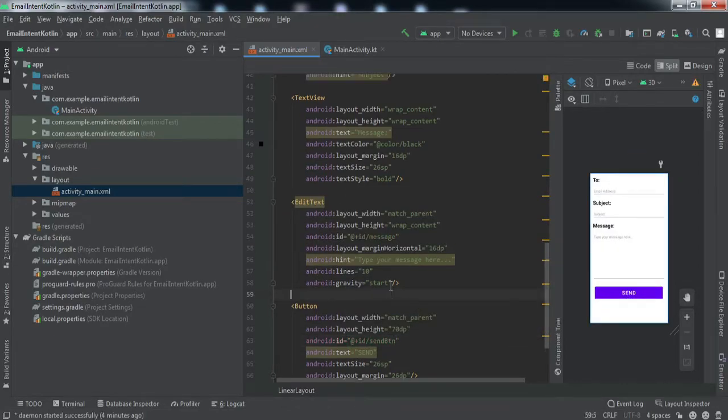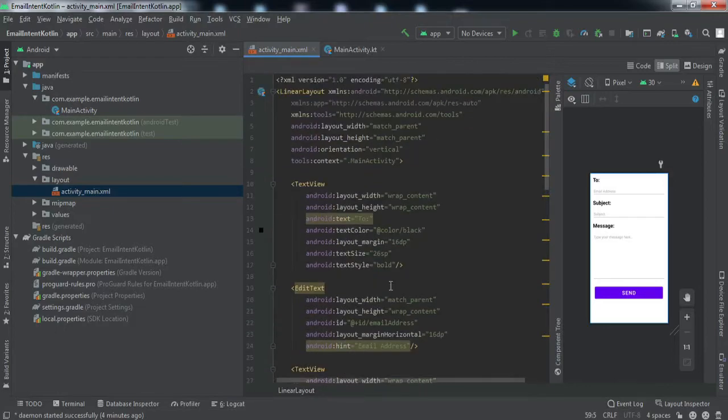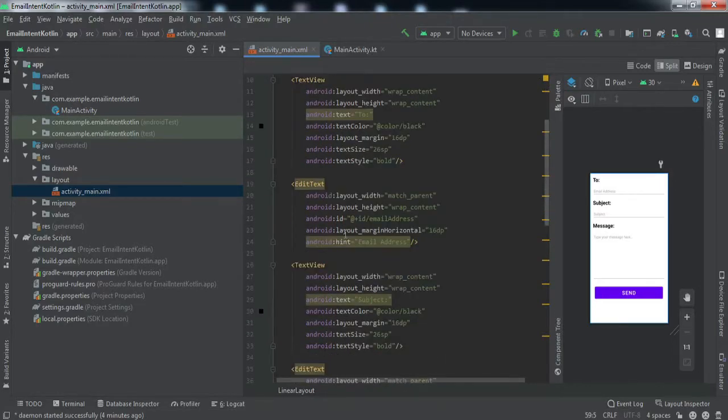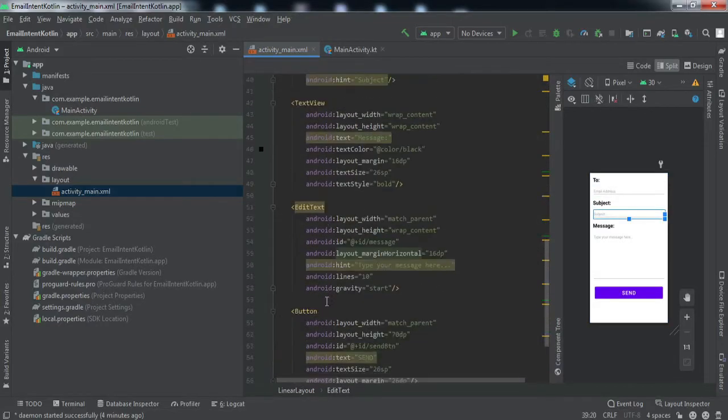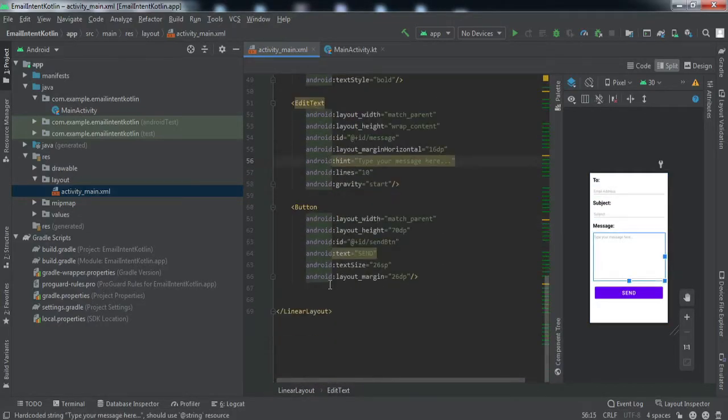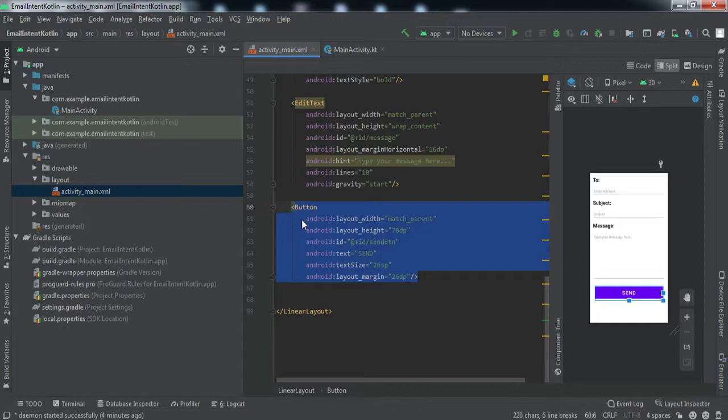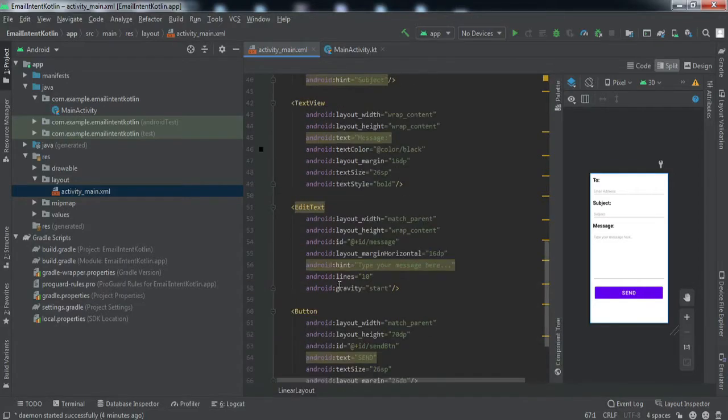So okay guys, we are done with the front end part. Here you can see for getting the data, we have three edit text fields, right? For the email address and the subject, and the last one is for the message. And then we have one button, clicking on which the user will be directed to another app for using this feature, right? So I guess this is pretty much simple, right? I need not go in depth to explain things here. So now let us just quickly dive into the backend code.